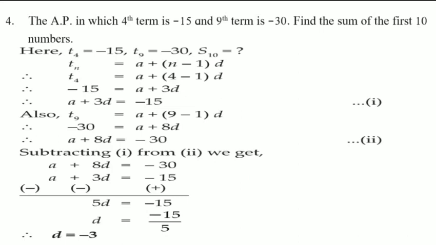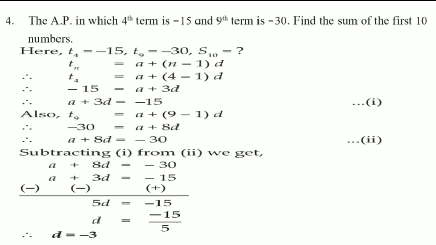Okay. So here I am explaining you. You will solve this sum by yourself. I will not give time to write. Okay. So it's very clear that the terms are provided. So we have to start with the formula of Tn. So write down the formula of Tn, that is a plus n minus 1 outside the bracket d. And from that you write down value of T4. And from that you will get the first equation, as you can see here, a plus 3d is equal to minus 15.